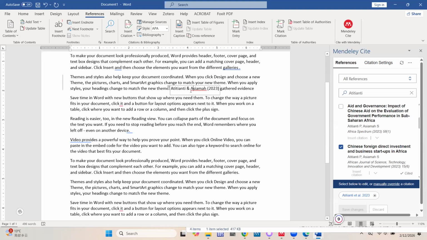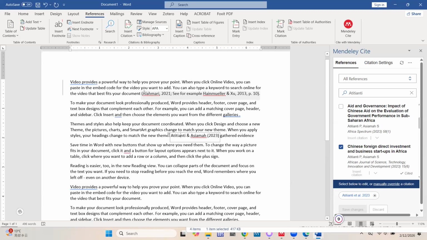You realize that I have not tampered with the automated generation. I've still kept it intact. I just use the inbuilt modification to switch to direct citation. So this is the direct in-text citation, and then this is the indirect in-text citation. I hope we get the difference. Are we all good? Are you all on the same page?